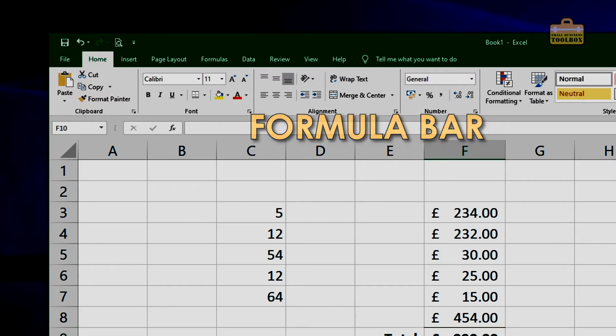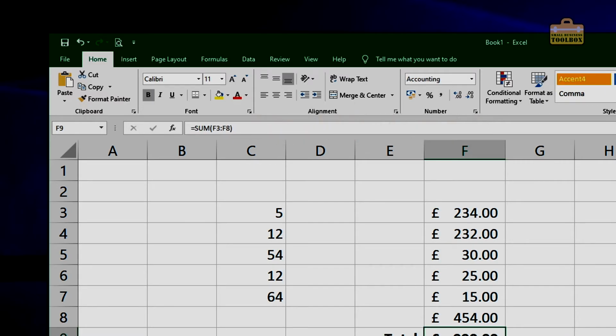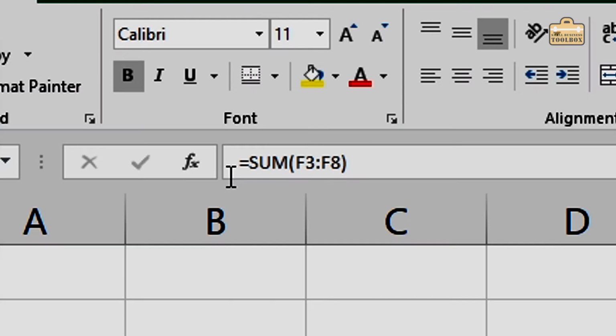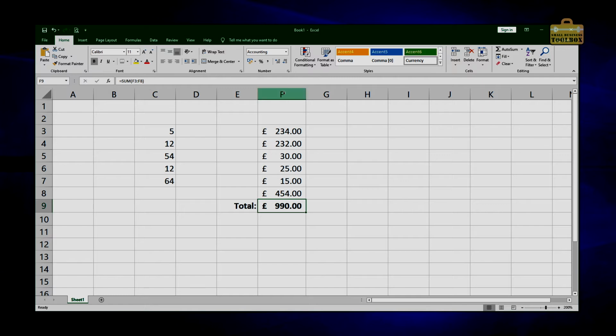So you can see this formula has been automatically entered using the auto sum function. And that formula says equals sum F3 colon F8 in brackets. And that basically means add up everything from cell F3, which is this cell here, down to F8, which is